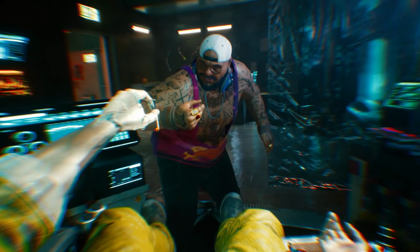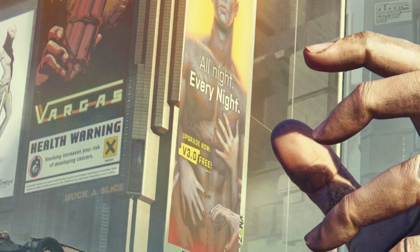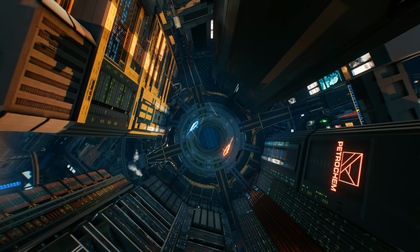I'm not sure if the game is going to warn you of this or not, so I will. You probably don't want to get your Ripper Doc zooted pre-installation of cyberware, especially when it comes to components like the Mr. Stud. Back into the city we go, and we have yet another one of my favorite shots, this